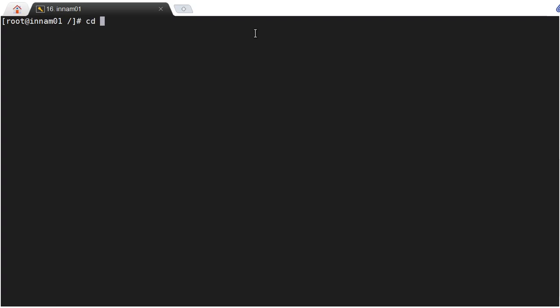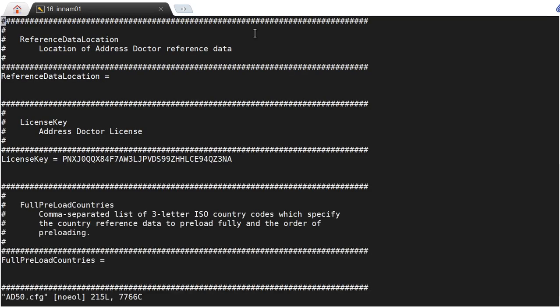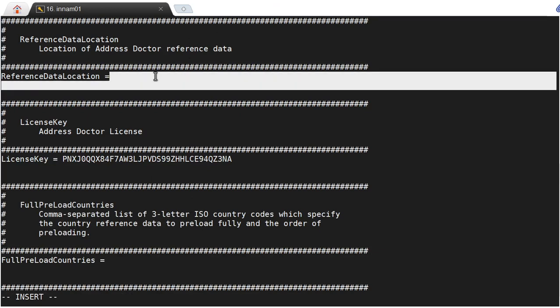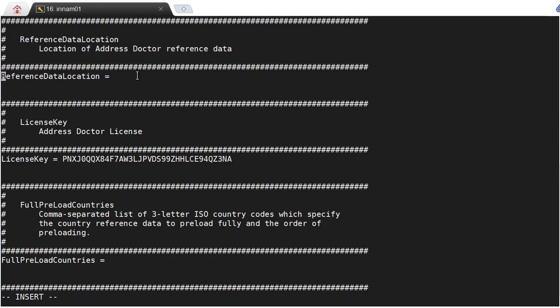Log into the Informatica server machine and navigate to InfaHome server bin. Here you'll find a file with the name ad50.cfg. The first parameter that we see in this file is the reference data location.